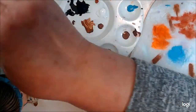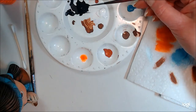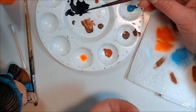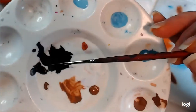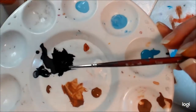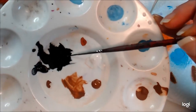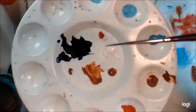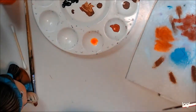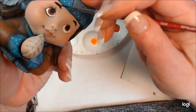So I like to add just a little bit of water, tip into my paint, swoosh it around, and then what I do is I take the brush. See how you can see this here, and I drag it through my paint, and as I'm dragging it, I'm just twirling it a little bit to make that come to a nice point. And then you don't want to use a lot of pressure, and you just use it like a pencil. Again, I rest my finger,